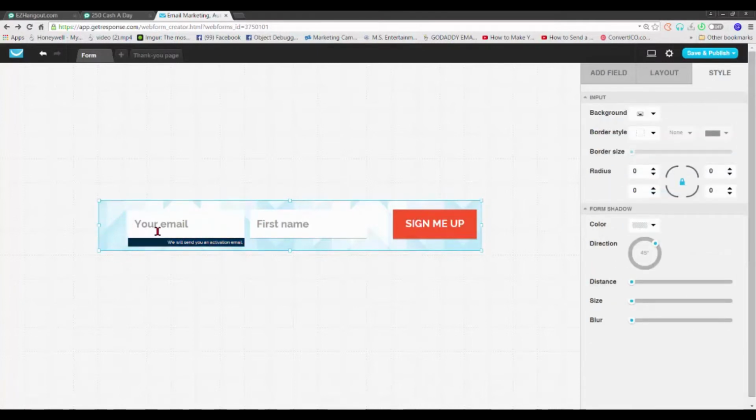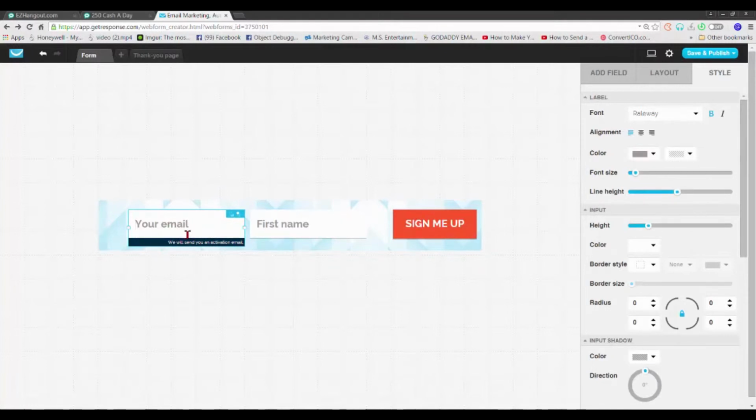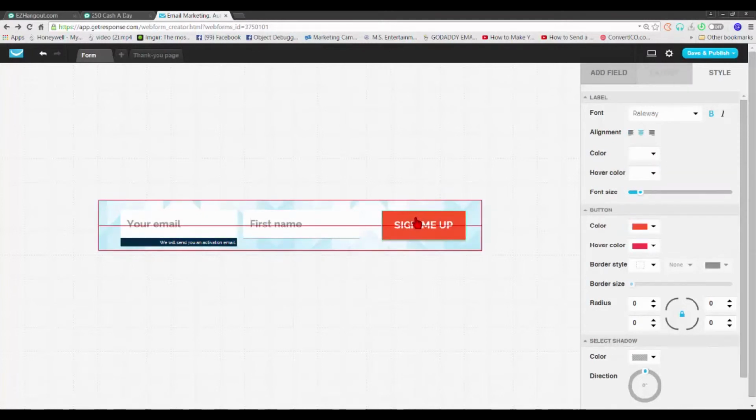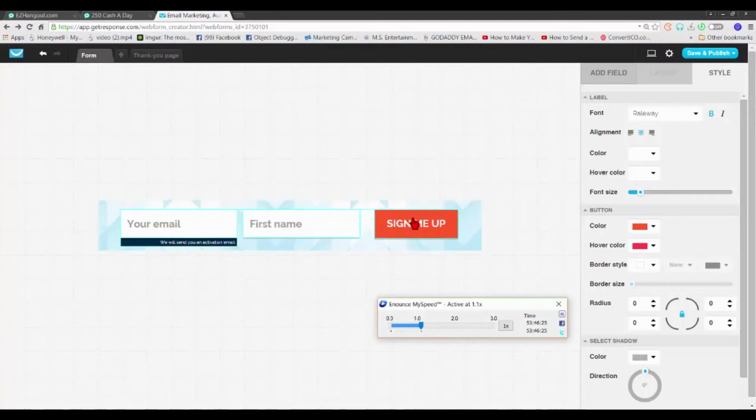example of how you can really just trim this down. So I'm going to make this a little smaller. Move this over. In some forms you can actually get them even smaller, but I just want to do this to, of course, give you an example. So I'm going to hit save